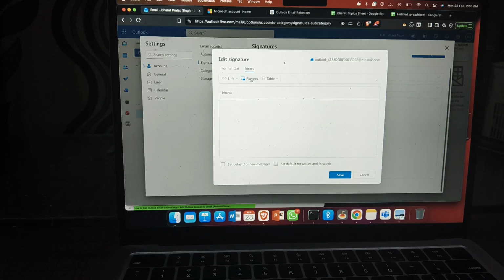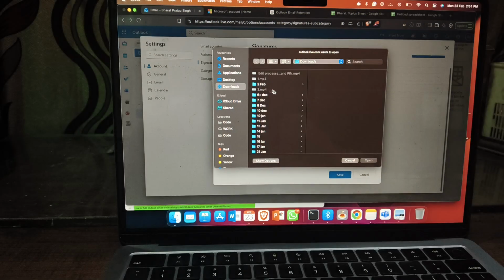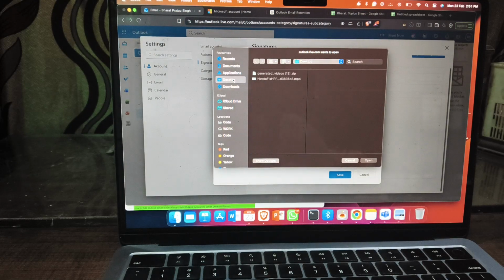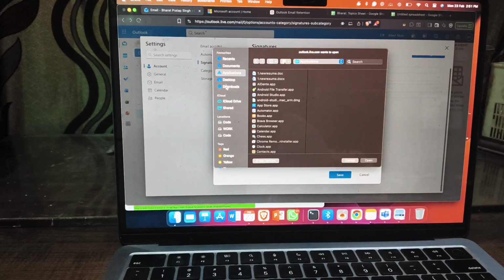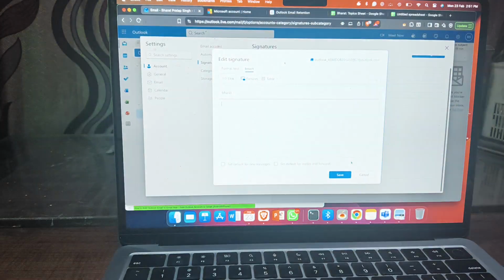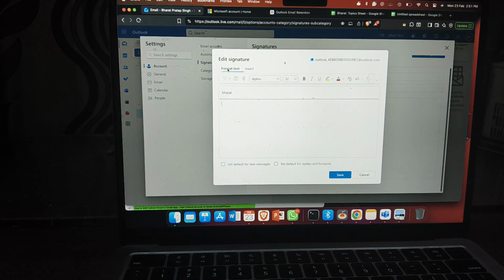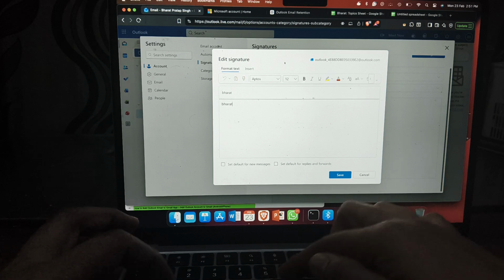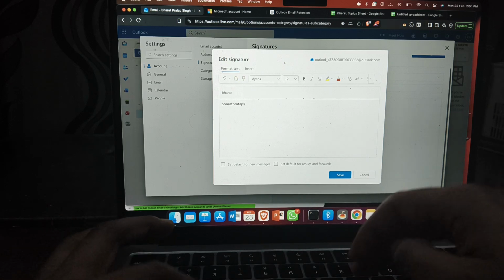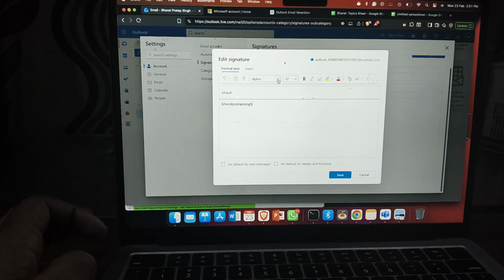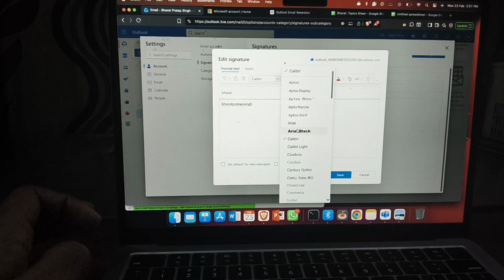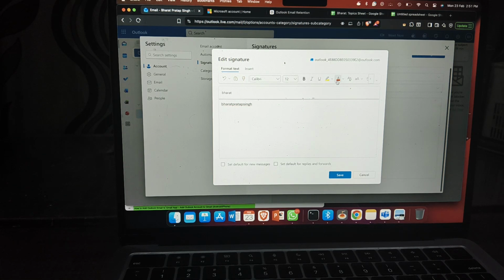Then guys, here you click on picture and you select it from your local machine. Okay, if you want to add any custom photo, just add it like this. Otherwise, if you want to create it in text format, you simply type your full name and here you select any text type. Okay, and if you want to choose a color, first you select it and then choose the color,